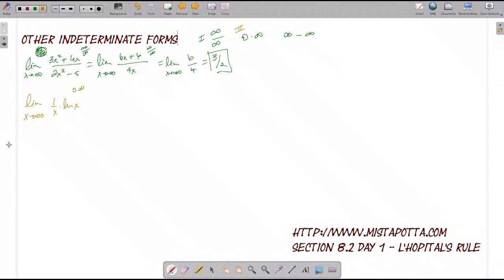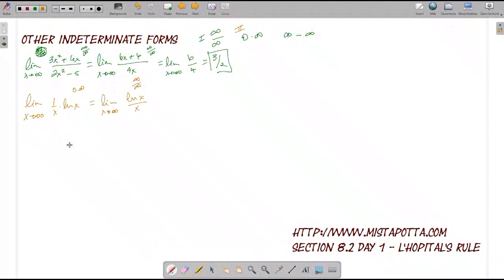And so notice that I can rewrite this as the limit as x approaches infinity of natural log x over x. And so what I've really got here is I've been able to rewrite this product as an infinity over infinity